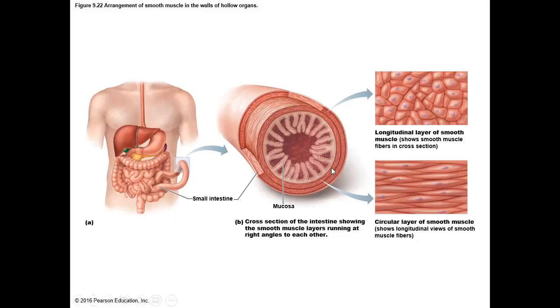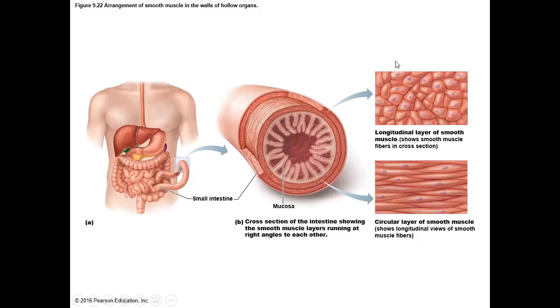Anyway, it doesn't matter what the things are that absorb food on the inside. Then you have the circular, circumferential layer of smooth muscle tissue. And then you have the longitudinal layer of smooth muscle tissue. And you can see how that